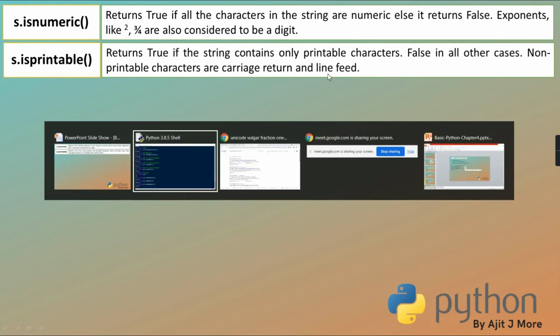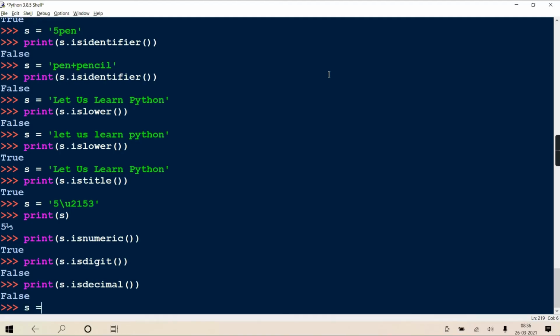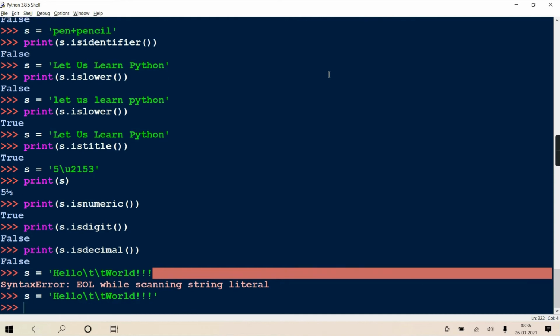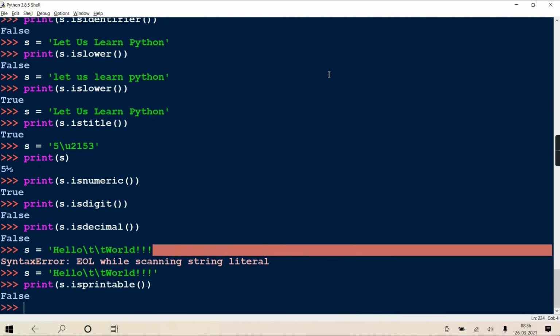If someone has put a tab inside it, see, s is equal to hello world. Here suppose I put some tabs and I check print s dot is printable, it will give false because it contains those tabs.